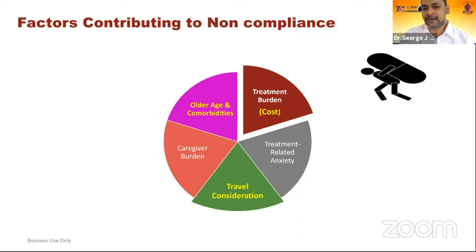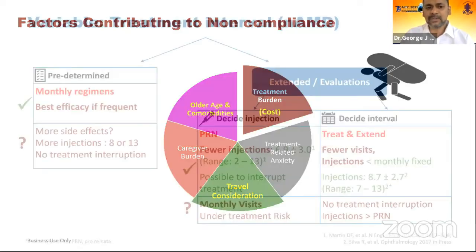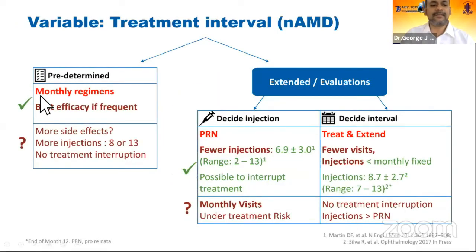So it is important for the physician as well as the patient to understand the disease nature and educate the patient accordingly. And that is the most key in the success of this treatment. So coming to the regimens that we have, as already mentioned, monthly regimens have the best efficacy,